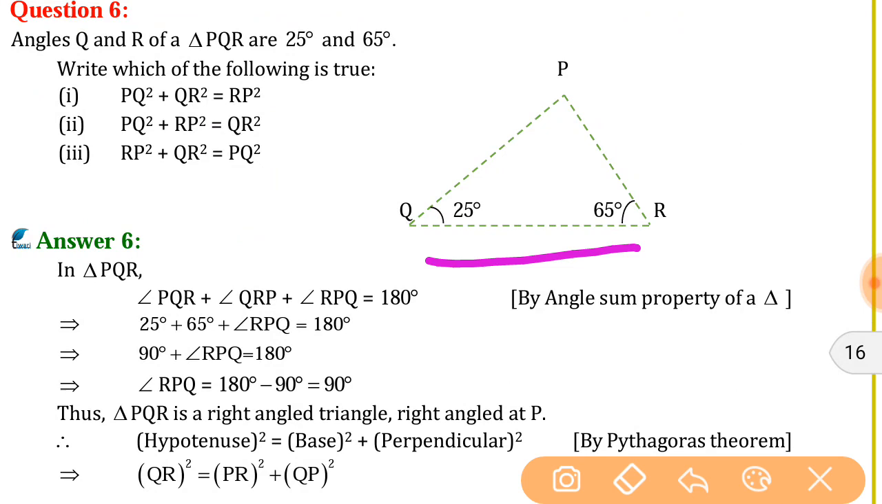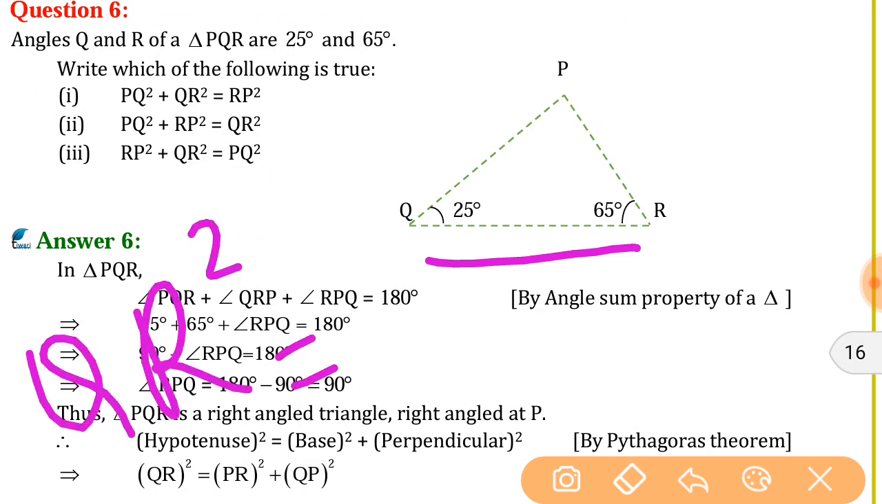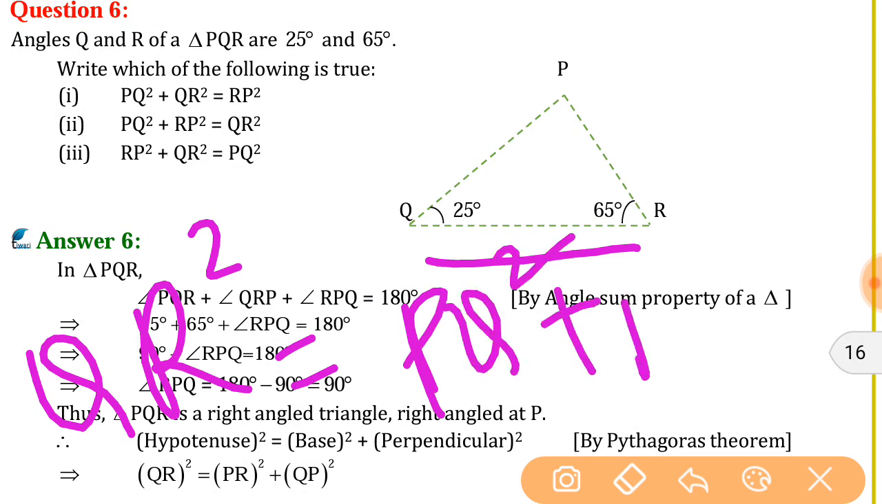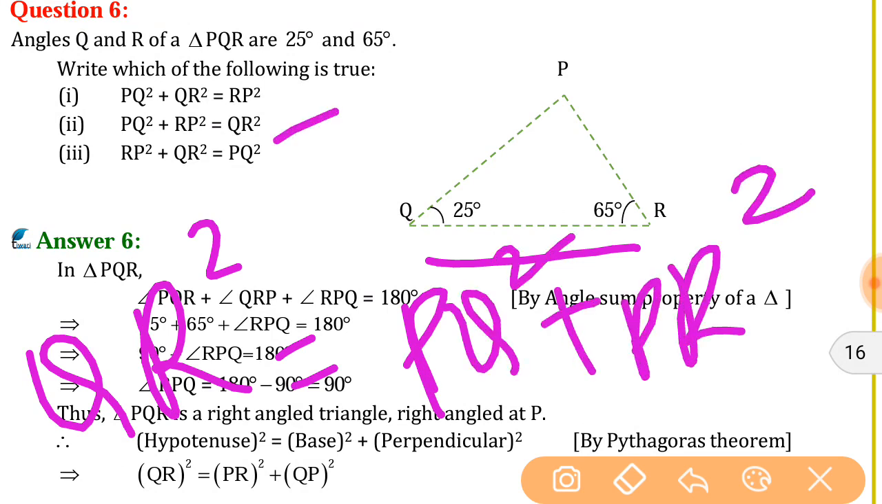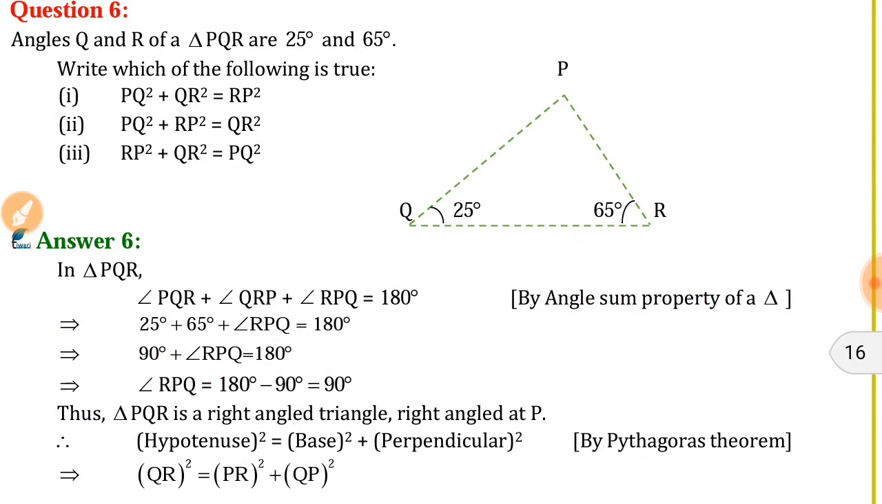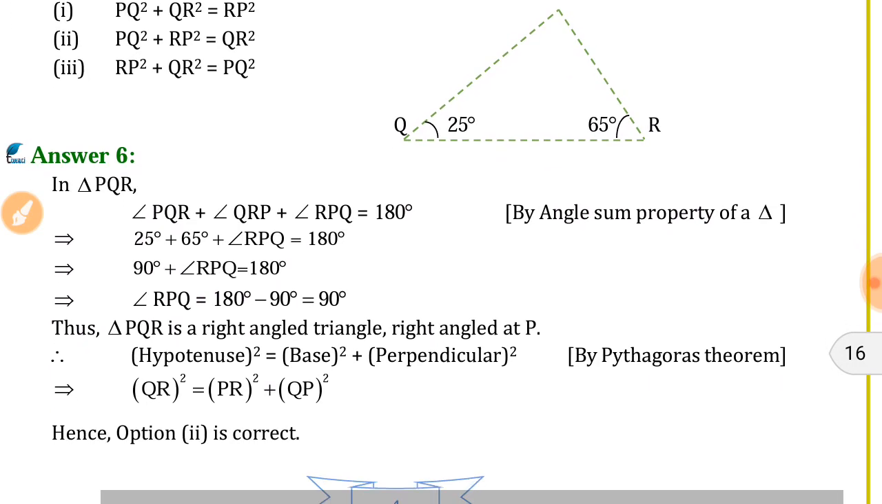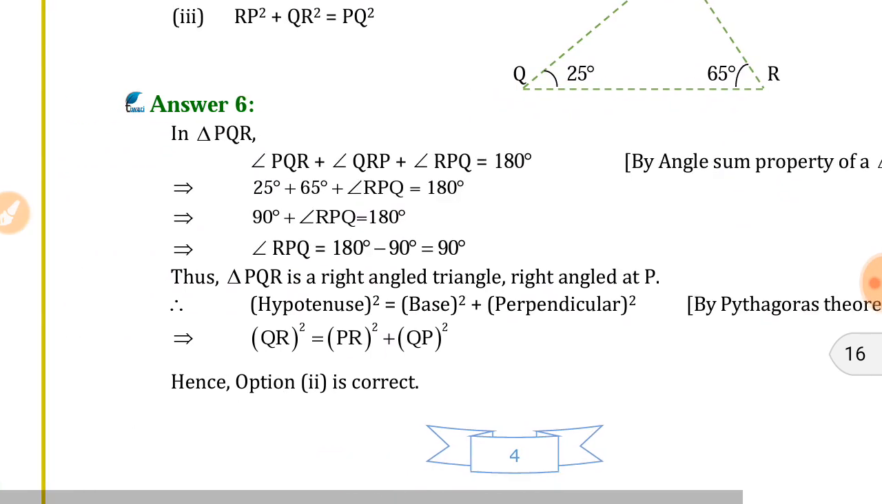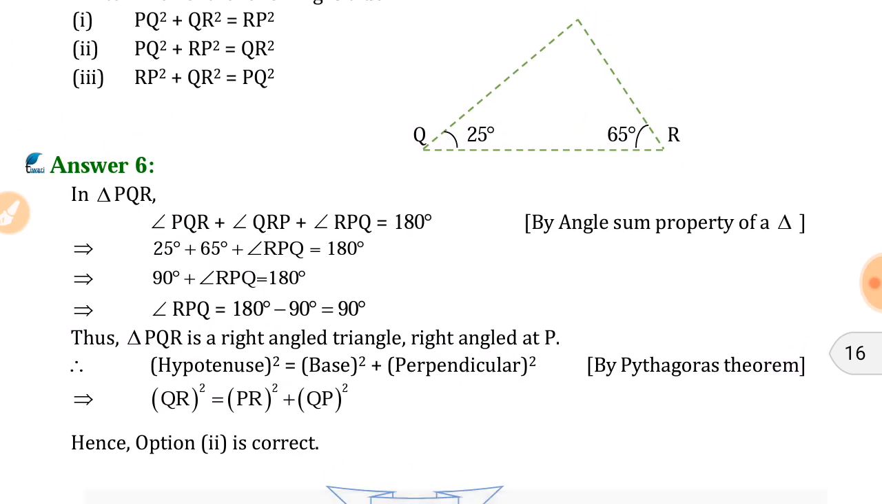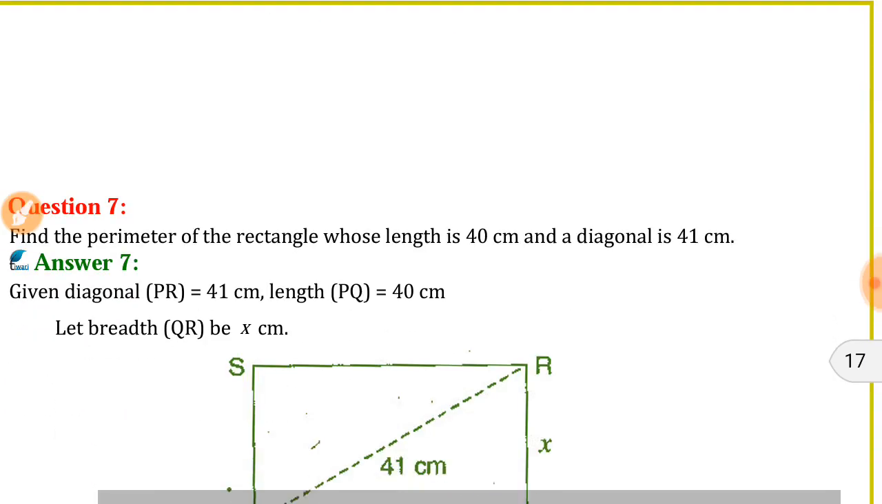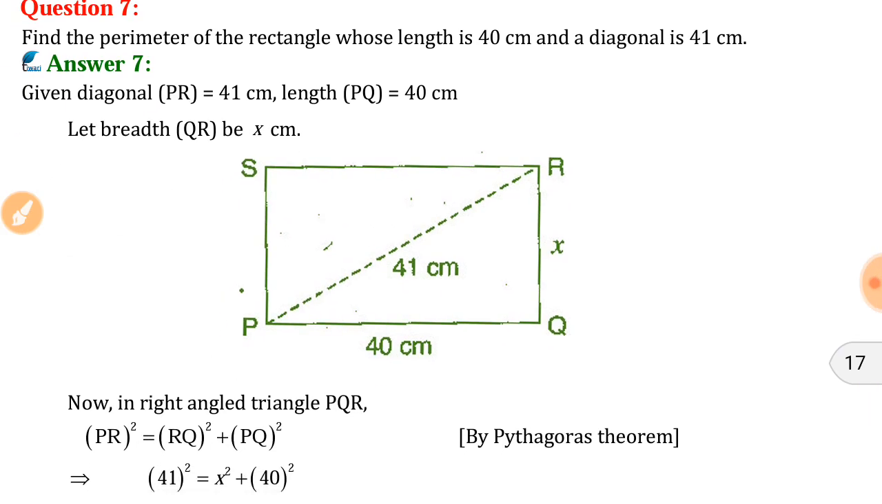QR square is equal to PQ square plus PR square. Where is it? So in the second. So we have to check. Okay. So this is your option 2 is correct. There is no need to calculate all these. Just by the diagram you can identify. That's all. Then seventh one, find the perimeter of the rectangle whose length is 40 centimeter and diagonal is 41